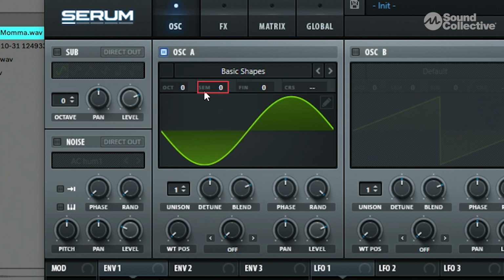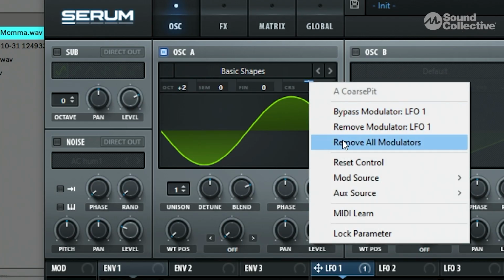Next we have semitone. Let me bring this up so you can hear it. And that works in discrete increments of semitone. And then you have your fine control, which is just adjusting less than one note. And then you have your coarse control. And as far as modulation, you'll tweak these guys, but this coarse control is where you're going to do most of your modulating. So if you throw an LFO on there,